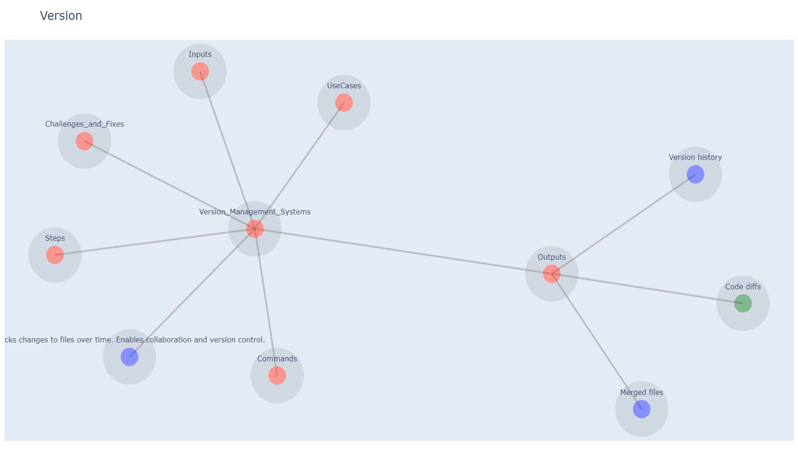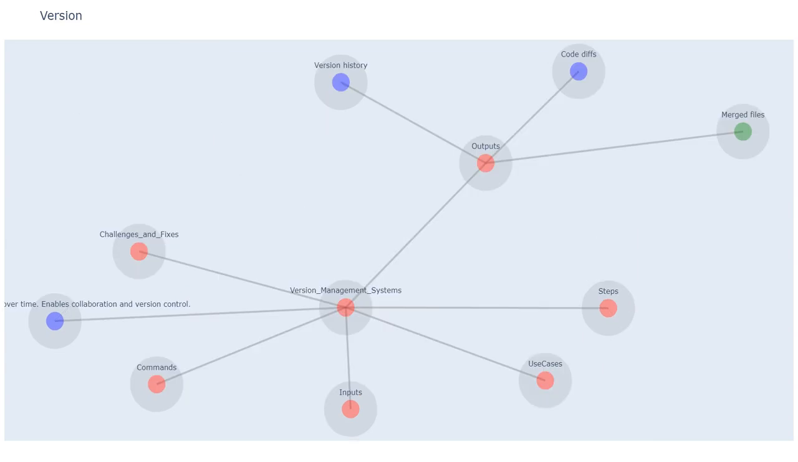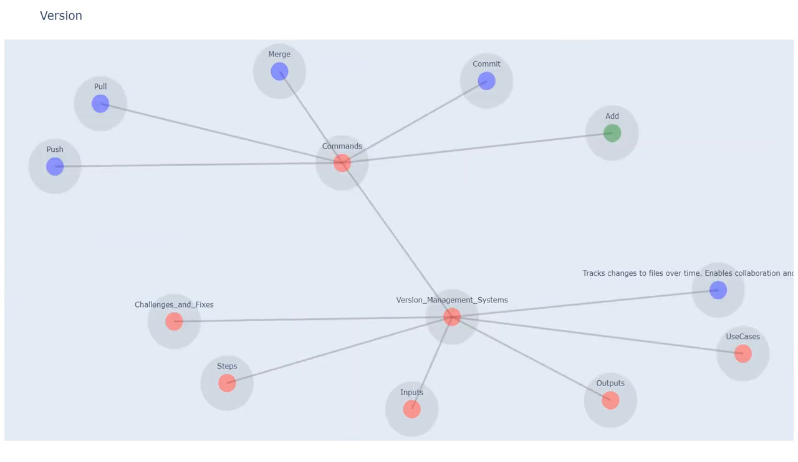Outputs: code diffs, detailed comparisons between different versions of files, highlighting the added, deleted, or modified lines of code. Outputs: merged files, the result of combining changes from multiple branches or versions into a single file, resolving any conflicts that arise. Commands: add stages changes in files for inclusion in the next commit, marking them as ready to be